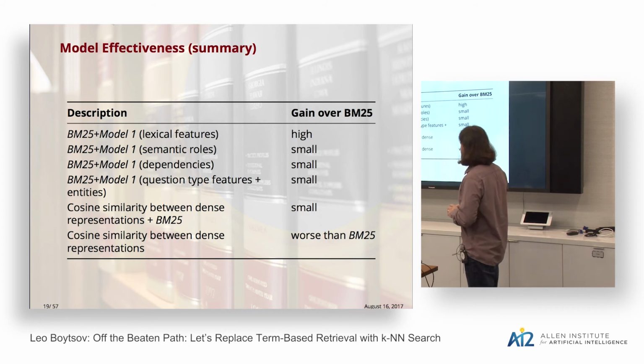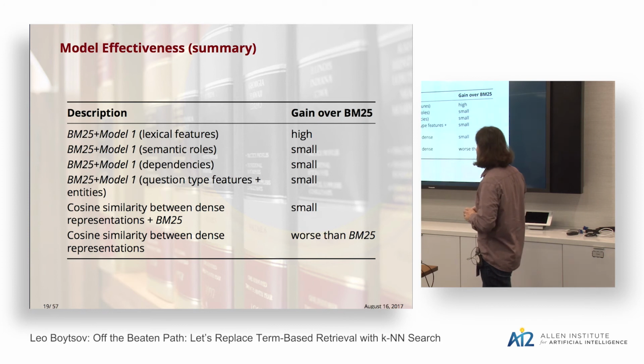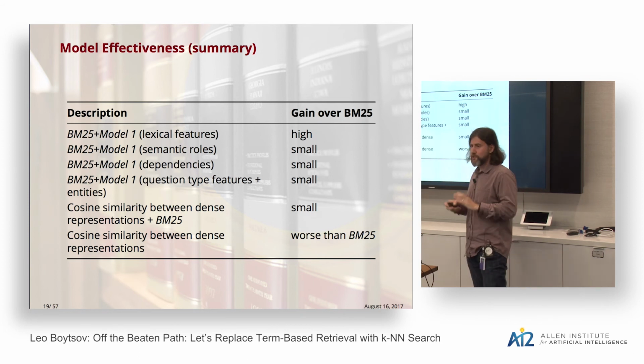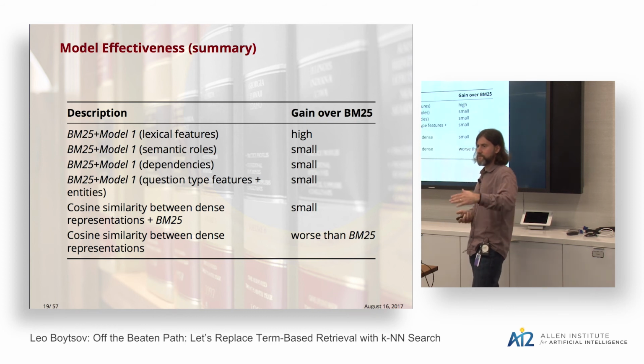And I also tried doc2vec, as I mentioned. Basically, and this is consistent with some other research, if you use just word embeddings or just doc2vec for ad hoc retrieval, the results are pretty bad. You can combine them with, say, BM25, and you will get maybe 10% on top of BM25, which is nice, but it's not good enough to apply a KNN search algorithm, because the approximation will basically destroy this advantage over BM25.